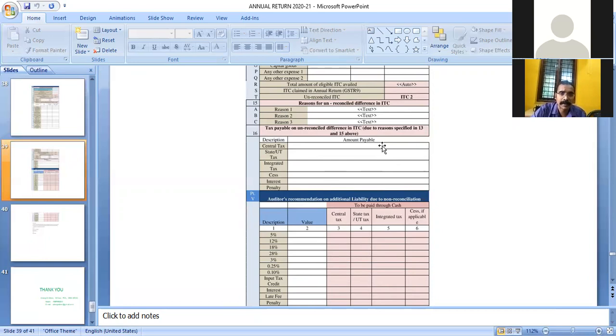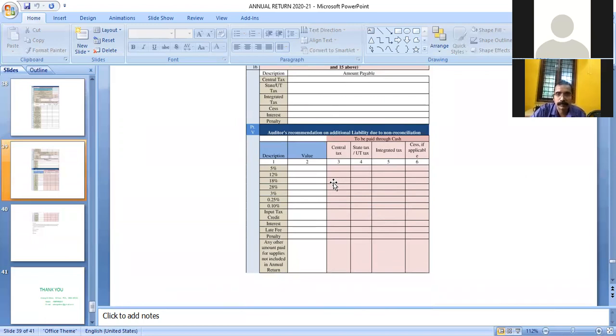If we have claimed excess ITC, then that amount should be reversed. It should be disclosed in table number 16. It should be split up into central tax, state tax, union territory tax, integrated tax, cess, interest and penalty.